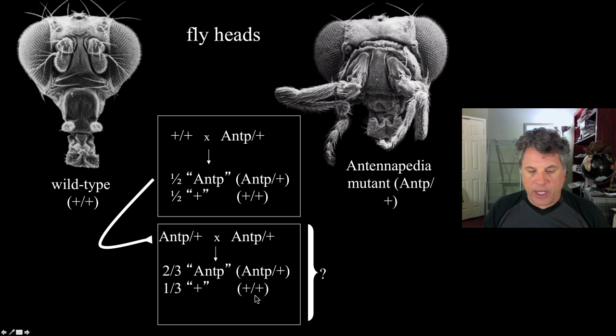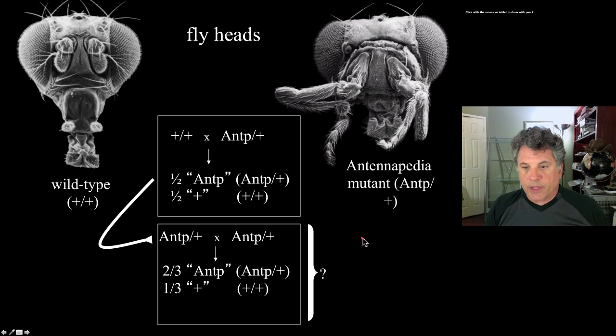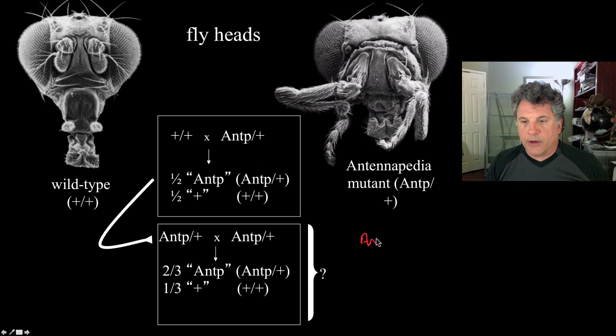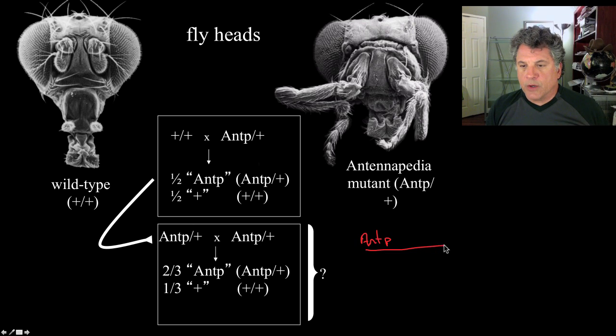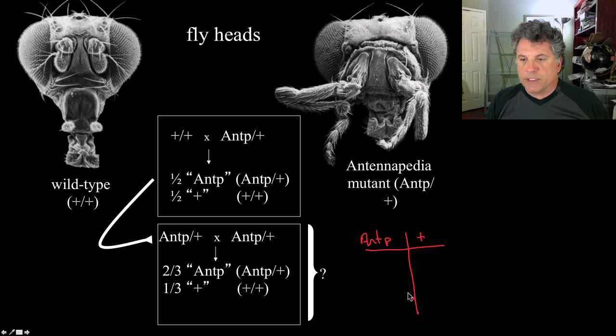But that's not what we would expect, would it be? We would expect something different. We would expect, if this were standard Mendelian genetics, if we draw a Punnett square, that these heterozygotes would each produce two types of gametes. And that when we have random fertilization, mating, we should have the following genotypes produced.